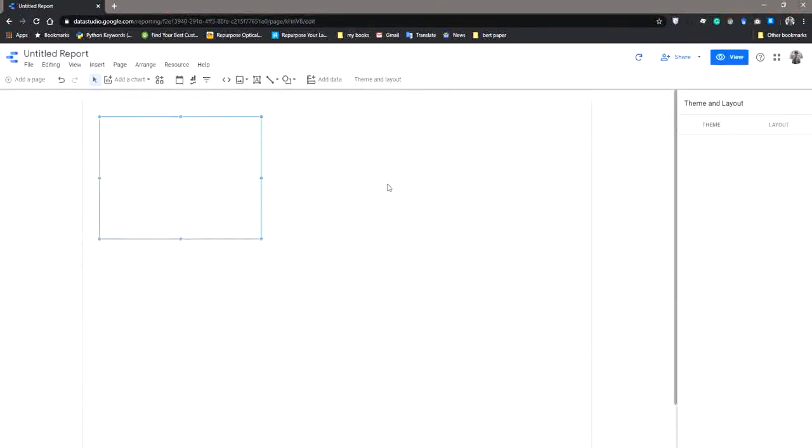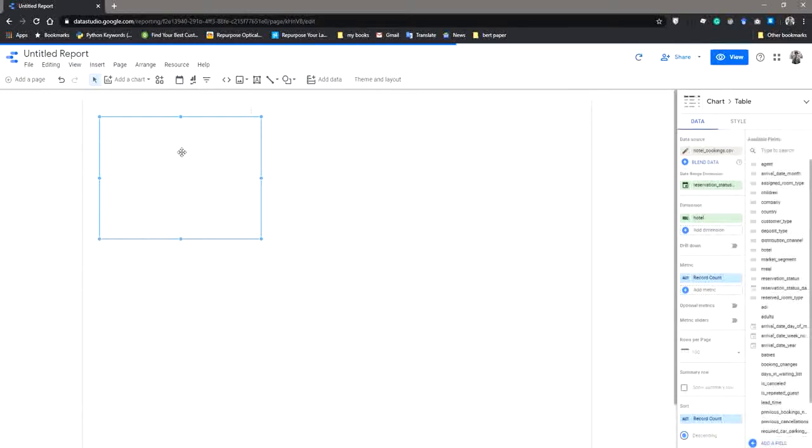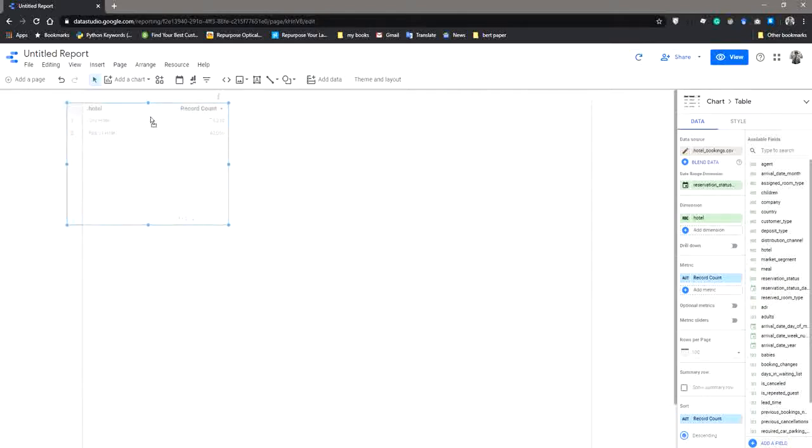The data has been added to your specific report, and at the start it randomly generates some visualization. We will be starting with this only.